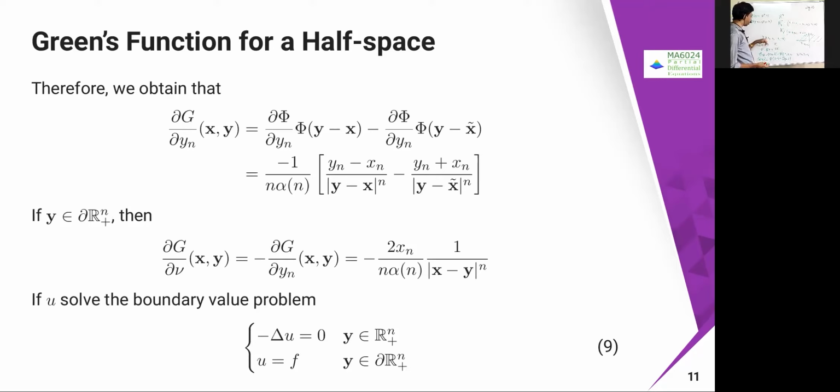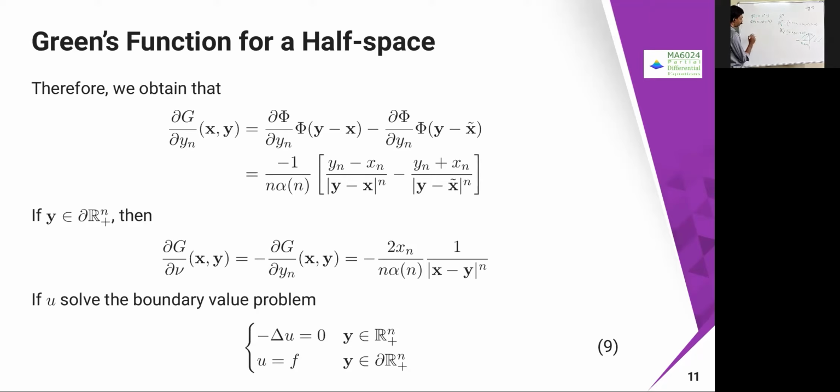So we have to find with respect to y1, y2, y3, etc. Those are all the same because that is not changing. Only the last one is changing, so for that only I have to find it separately. So only for the last coordinate I have to find. The last coordinate is going to become ∂G/∂ν.